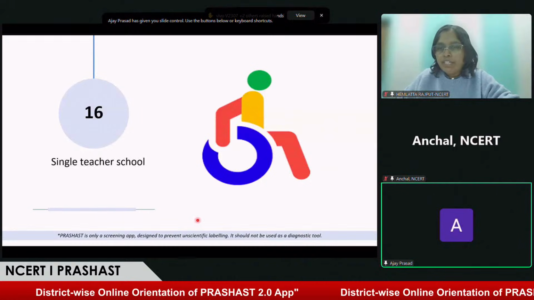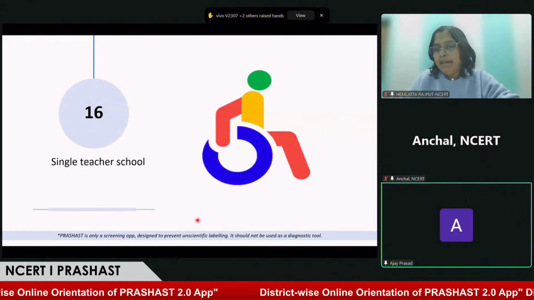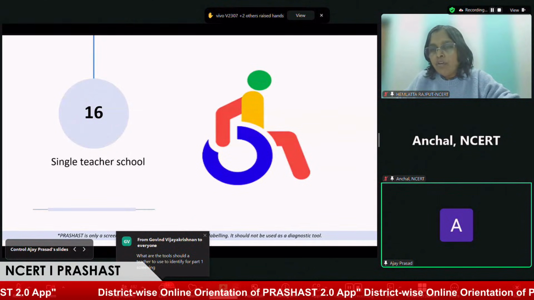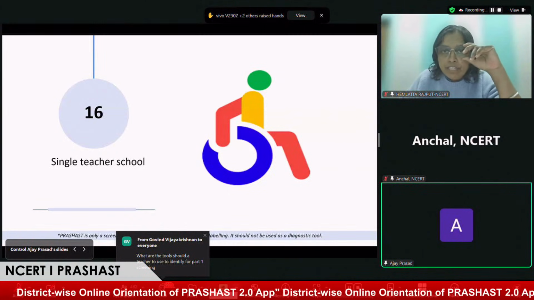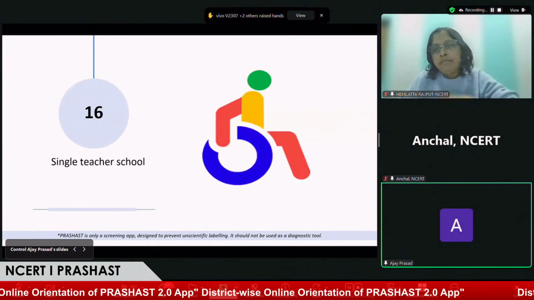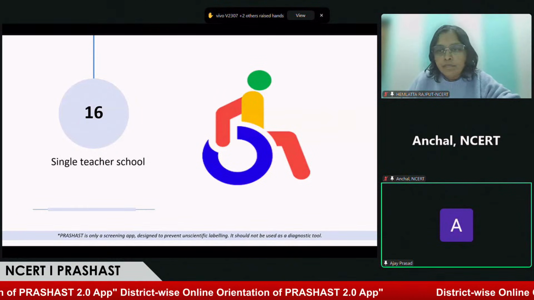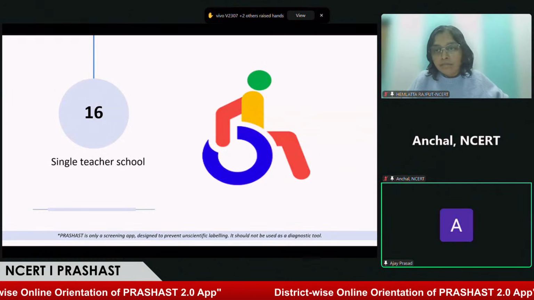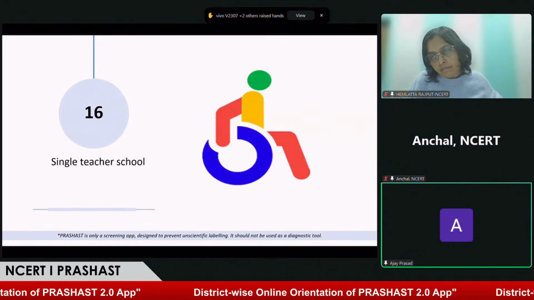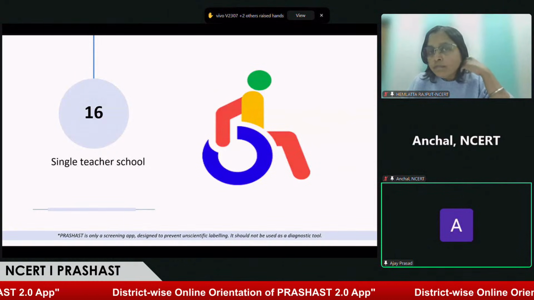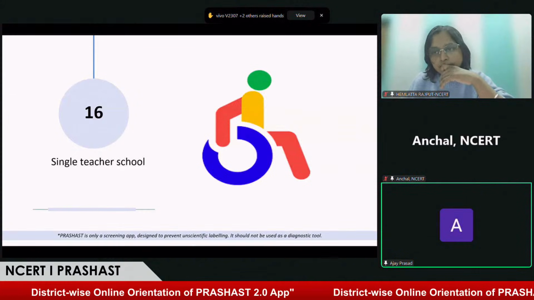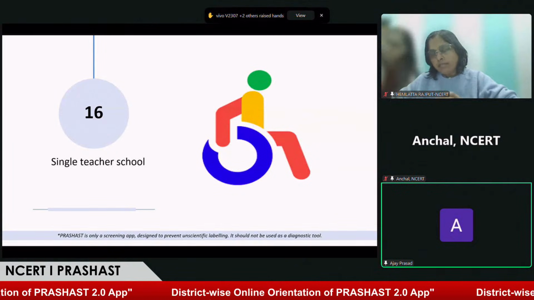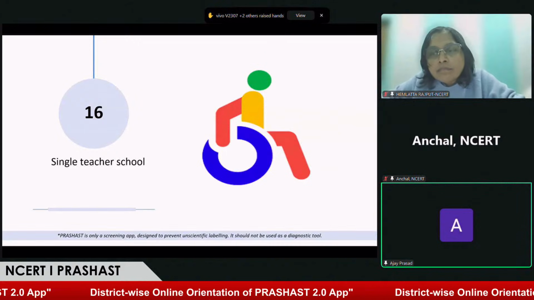Yes. See, there is a question: what is the next step after the screening by the special educator? The app is a tool, a survey tool or referral tool for further intervention. Yes, ma'am. Once the screening is done, after the revamp of this application, we are working to build a complete system. For now, we only have the role of screening part 1 and part 2. But going forward, we are working to connect this to assessment camps or aid distribution camps, along with learning material, that could be accommodated depending on the development of the application in days to come.